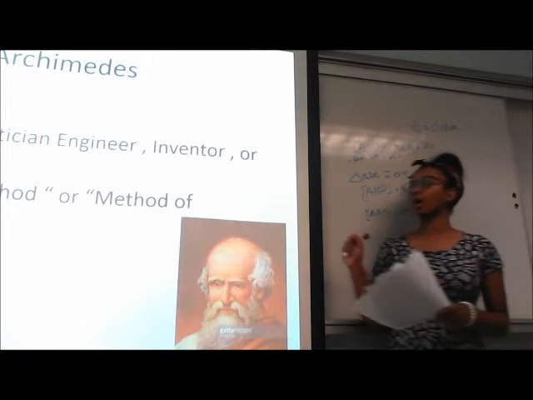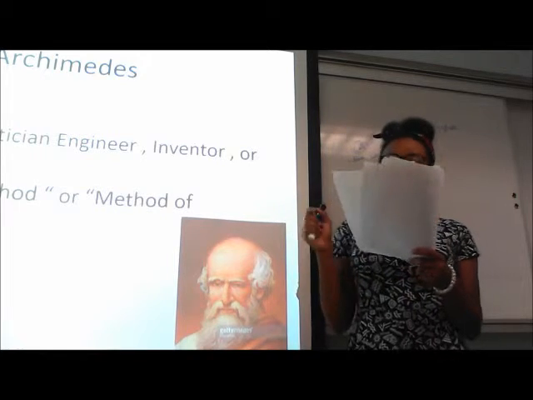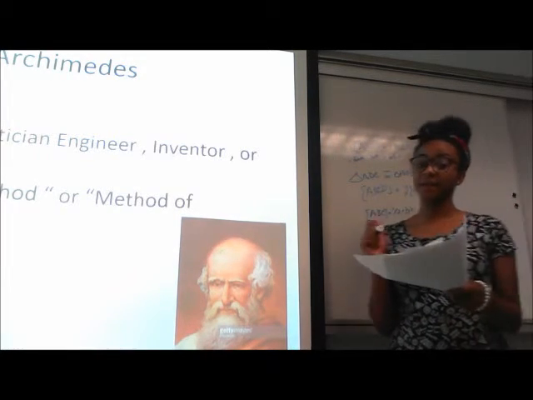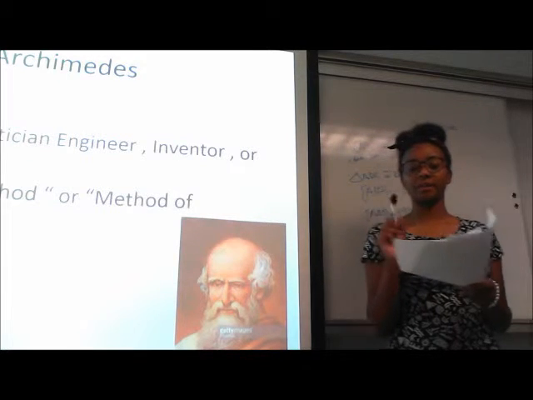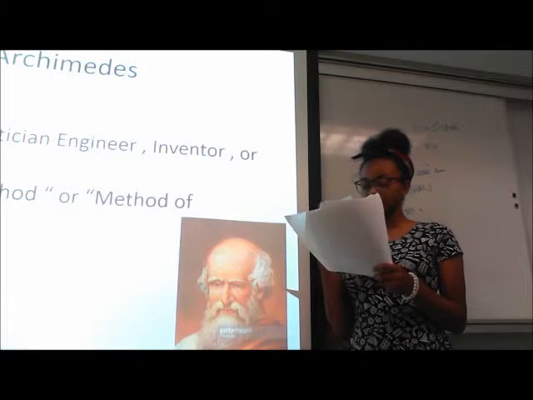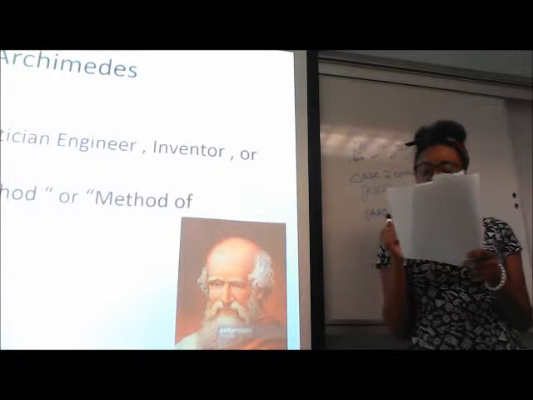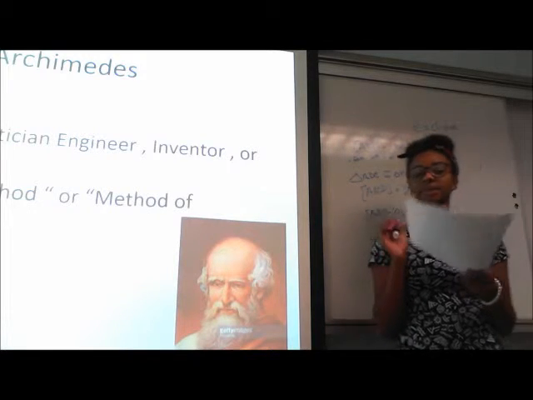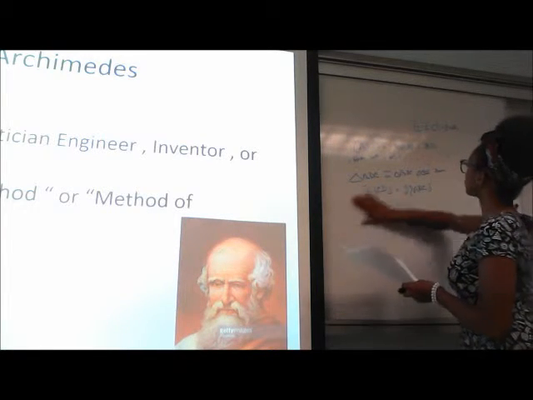Area came about through Archimedes. Archimedes was a Greek mathematician, engineer, as well as astronomer. He created Archimedes' method, also now called the method of exhaustion. To evaluate area, he produced formulas for regular shapes by capturing new shapes using shapes that had already been previously established. So for example,